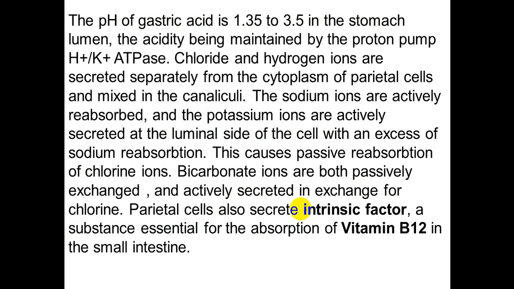The pH of gastric acid is 1.35 to 3.5. In the stomach, the acidity is maintained by the proton pumps,